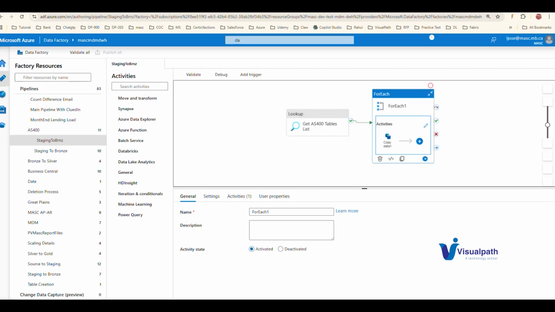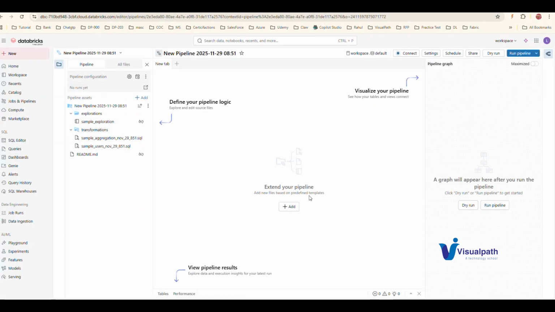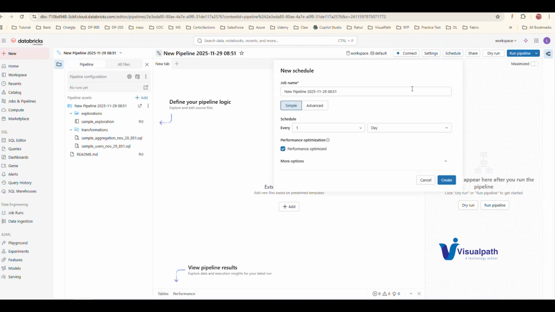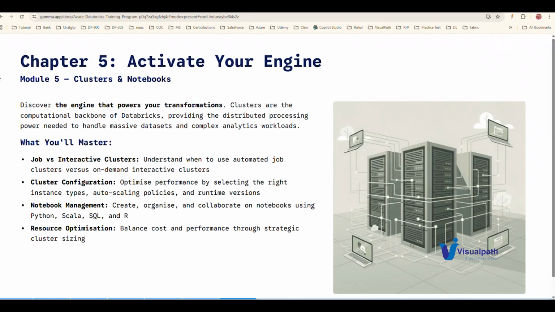We can generate this sort of pipeline in Databricks also. But in Databricks, we will go for something with very heavy load. That will be the purpose of Databricks, and we can schedule this. In the schedule, we can go for different triggers, like it should work every day, or on an hourly basis or weekly basis, whatever schedule is required. So we can configure the jobs like that. That is one other option available in Azure Databricks. We'll go through that in the 5th chapter, which handles the clusters and notebooks.